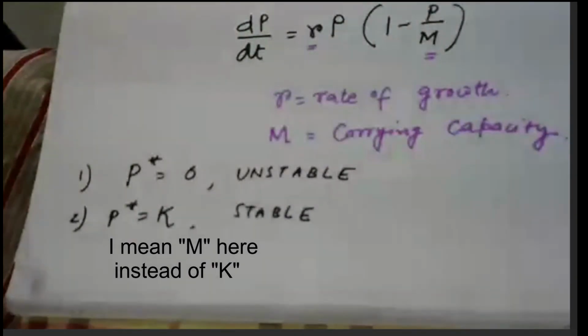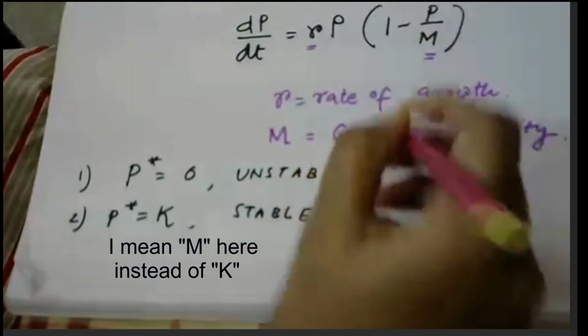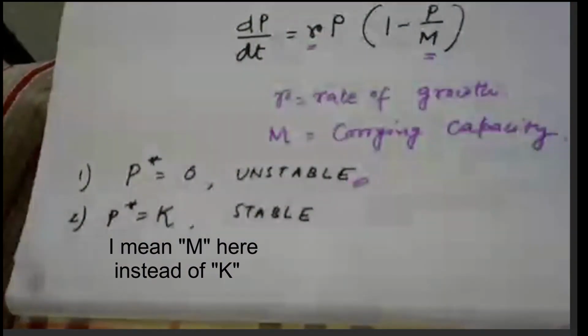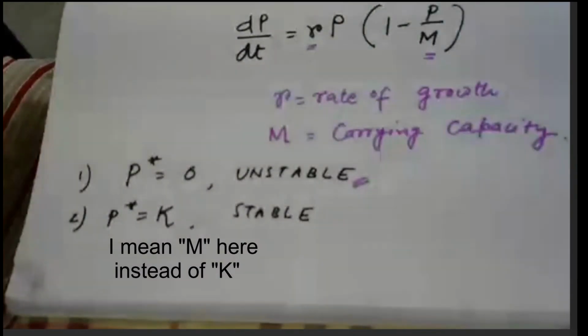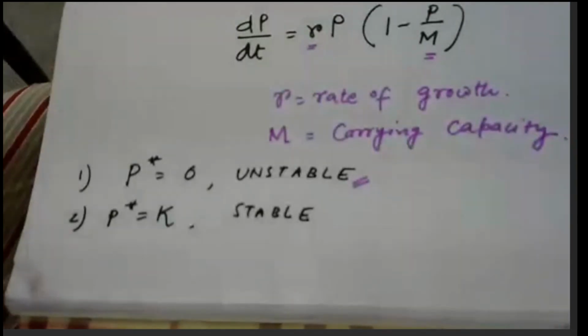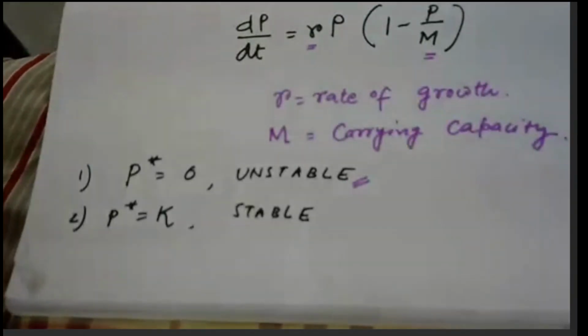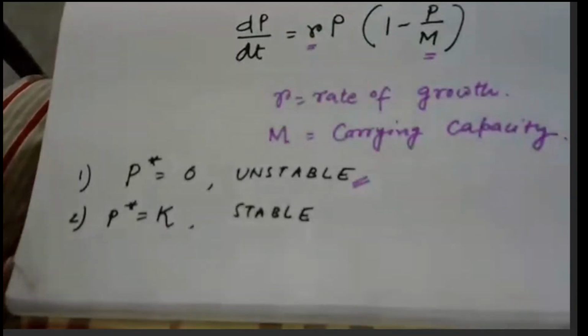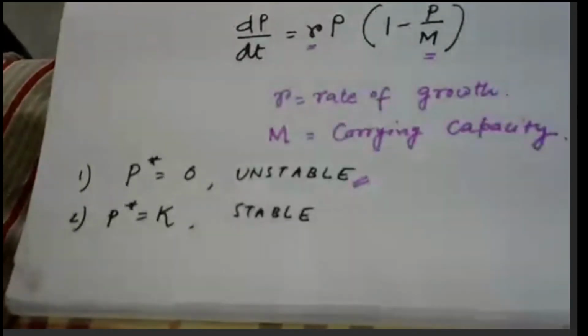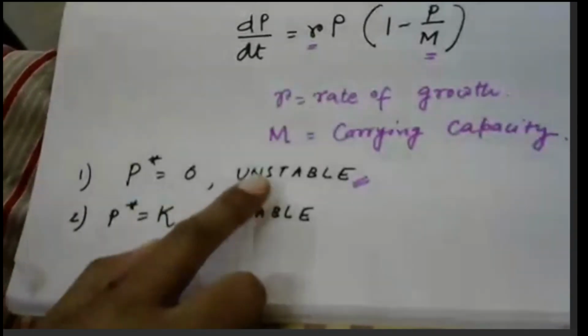So what does this result mean? If I look at this first solution, P star is equal to 0. That is an unstable solution because if you don't have any bacteria on a petri dish, or if you don't have any fish in a pond, then you are going to sit there forever, right? No way you are going to get bacteria on a petri dish where you didn't have any bacteria to start with, right? So this is definitely a fixed point. But if you perturb it a little bit, if you add just one fish or one bacteria in the system, right, it starts growing. So that is why it's an unstable fixed point.